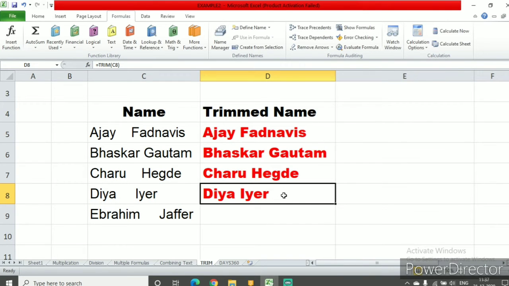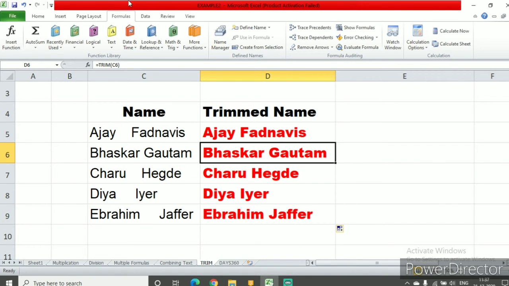Okay, and if I don't want to type it again, I can just say this. I can even autofill it. So in this way, we have removed the extra spaces from the text. So this was about the TRIM function.